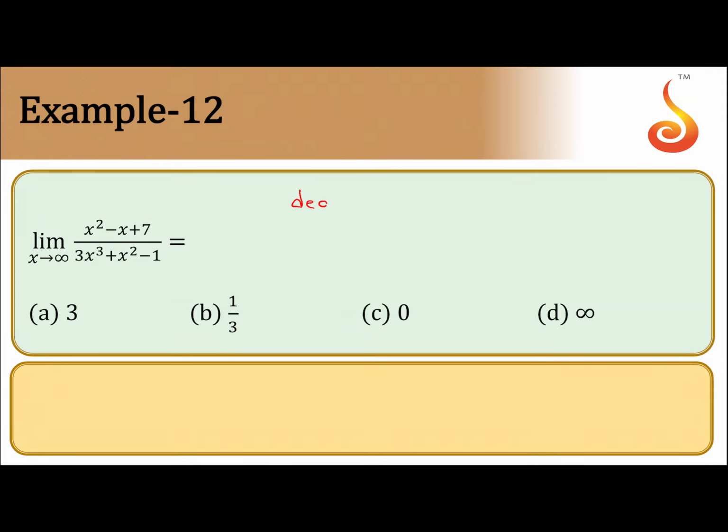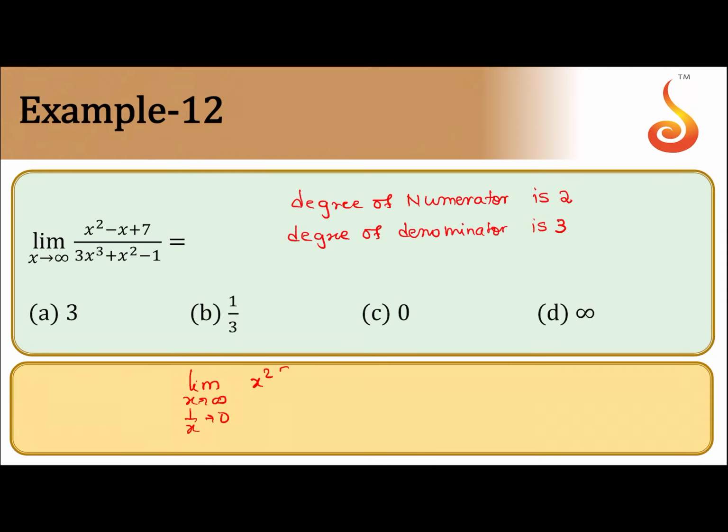is 2. Degree of numerator is 2 and degree of denominator is 3. So obviously, if we rearrange this problem by limit x extending to infinity, 1 by x extending to 0, highest